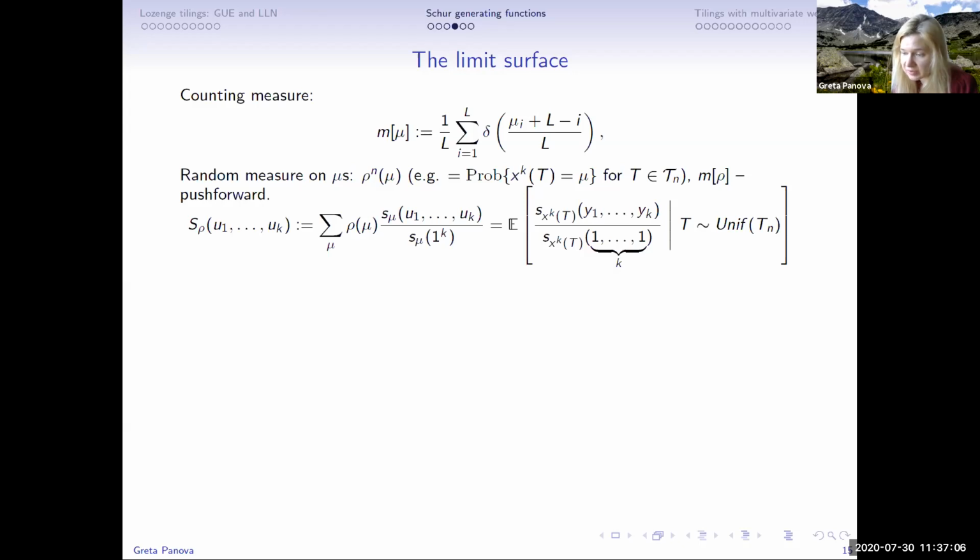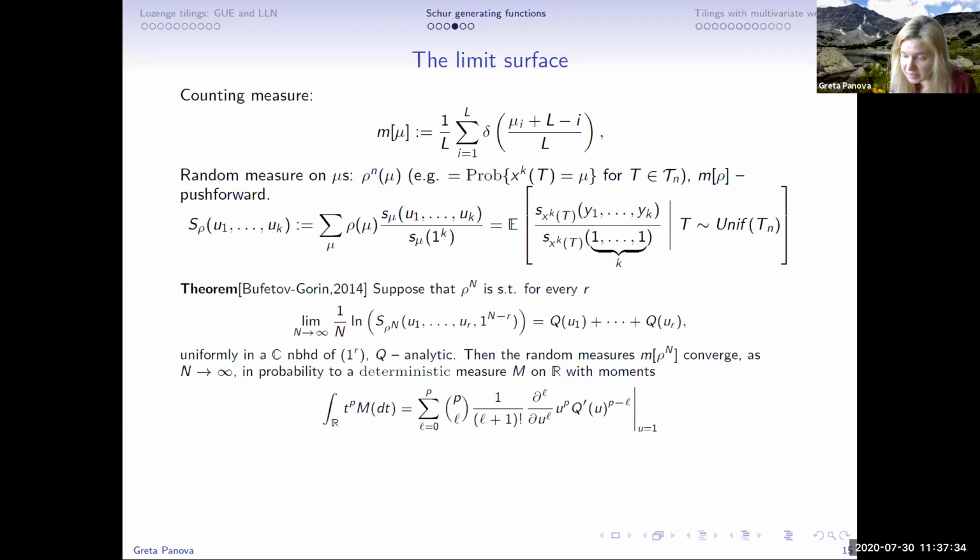We will talk about the counting measure given by these normalized numbers corresponding to, in this case, the positions of the lozenges at some certain line, and basically this counting measure, if it converges to some deterministic measure in some sense, then this would actually give us the limit surface. And this is the theory that Alexei Bufetov and Vadim Gorin developed in 2014 and later,